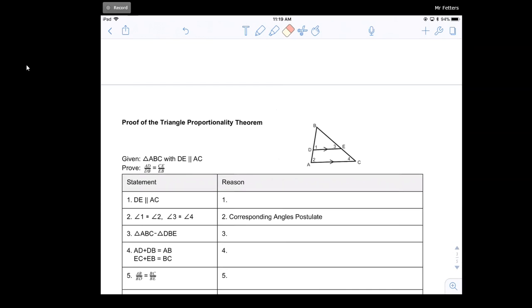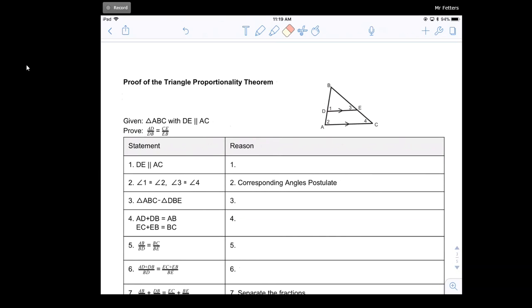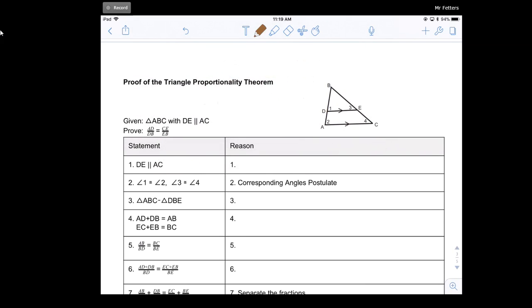So it says, to prove this, given triangle ABC with DE parallel to AC, prove that AD over DB is equal to CE over EB. So when we look at this here, I have DE is parallel to AC. We know that this is part of the given